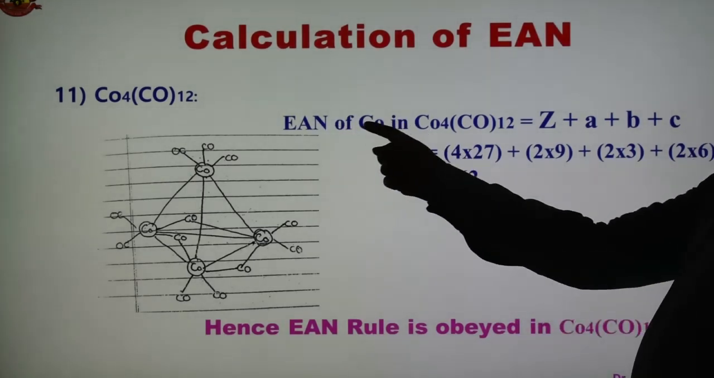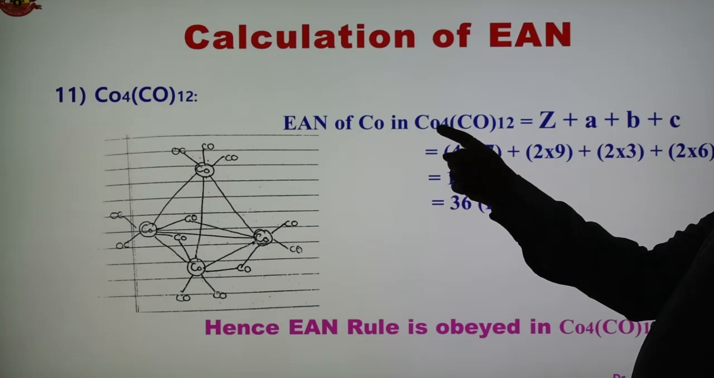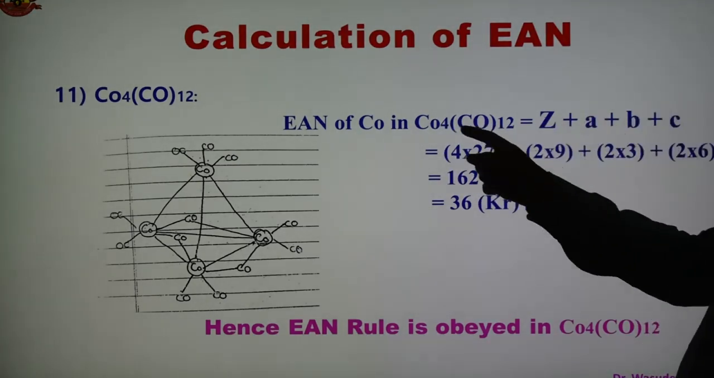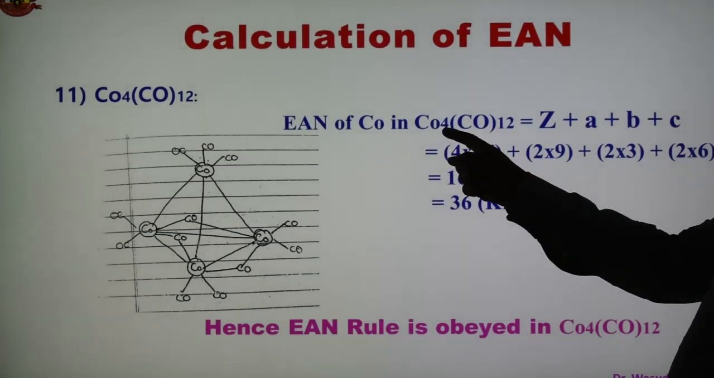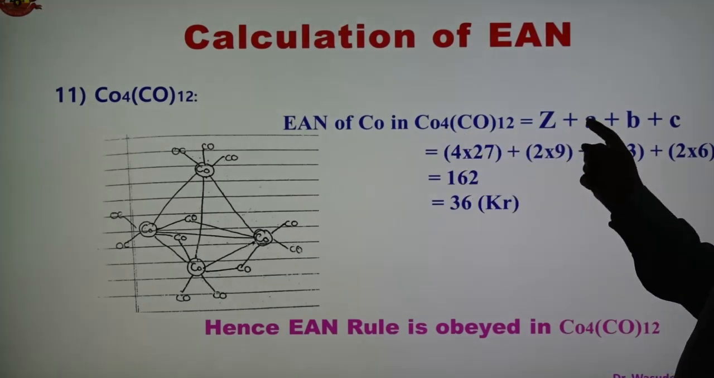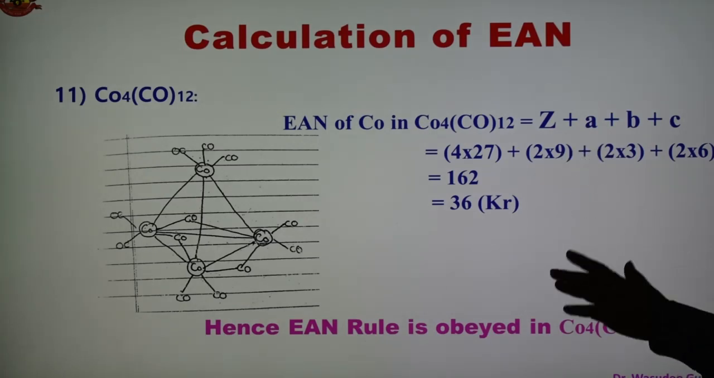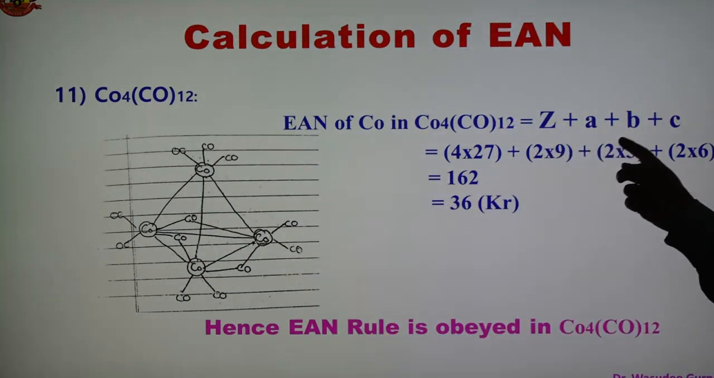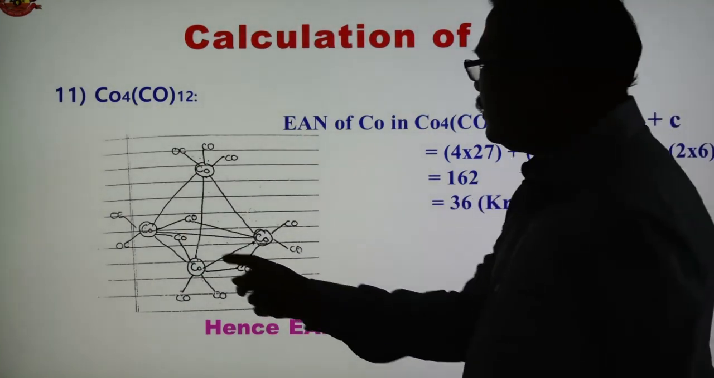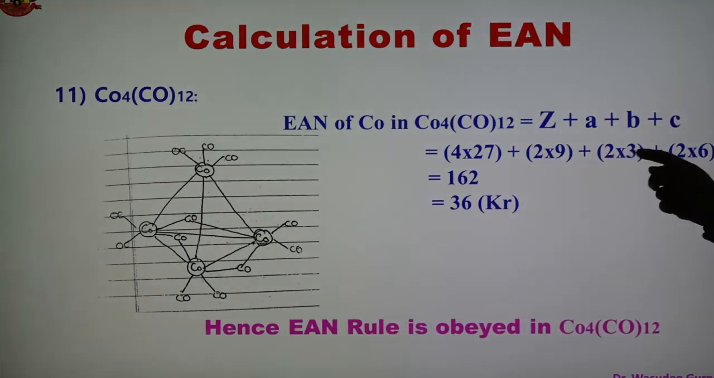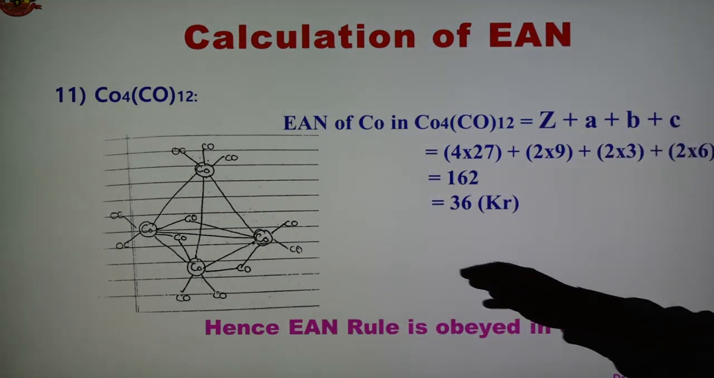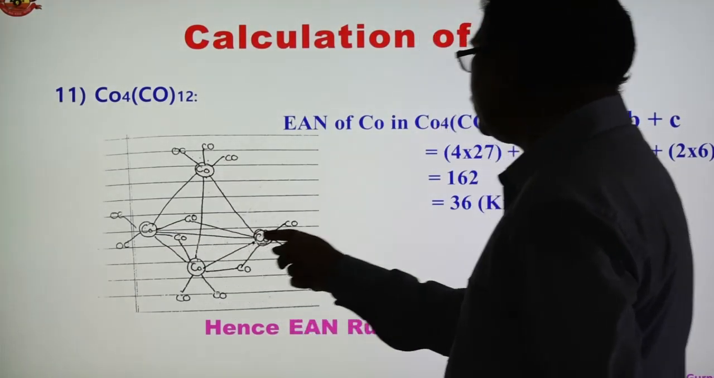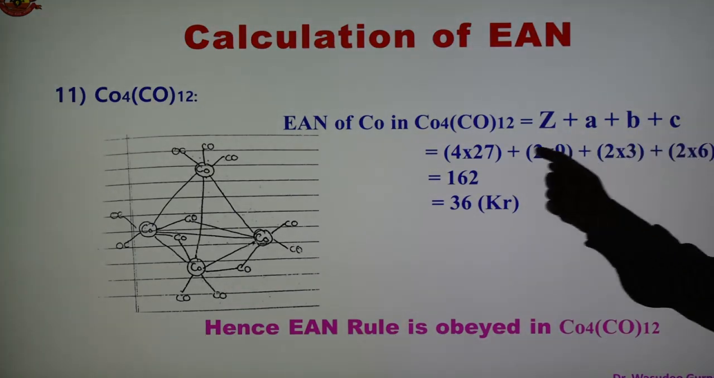So the EAN of Co in this metal carbonyl Co4CO12, formula is Z plus A plus B plus C. Now Z is the atomic number. Cobalt has atomic number 27. Total metals are 4, so 4 into 27. Terminal carbonyls are 9: 2, 2, 2, 6 and 3, 9. So 2 into 9. Bridging carbonyls are 3, so 2 into 3. Metal-metal bonds are 6, so this is 1, 2, 3, 4, 5 and 6. So 2 into 6. Total of this is coming